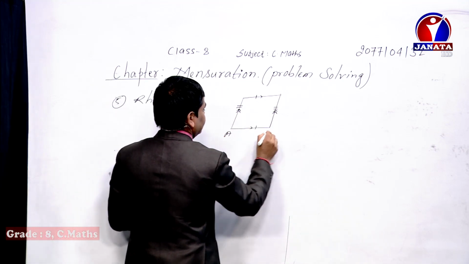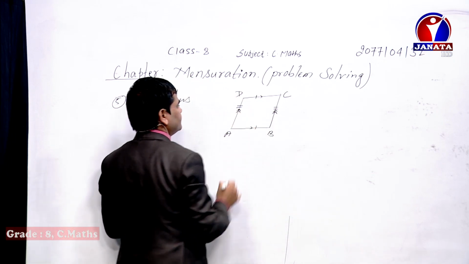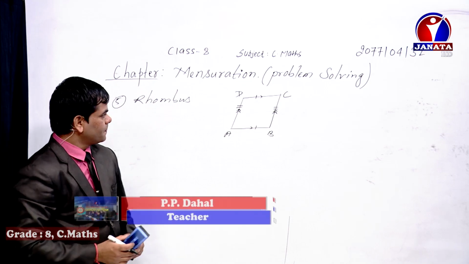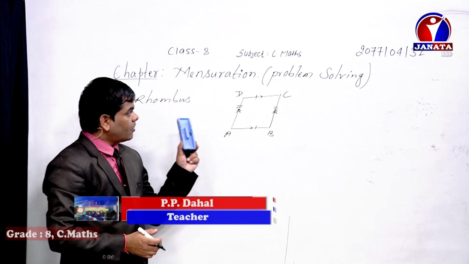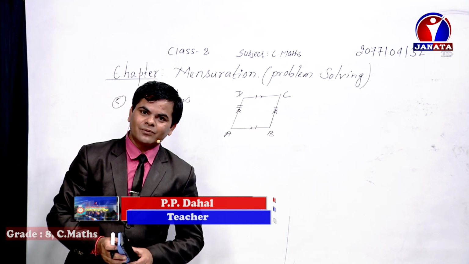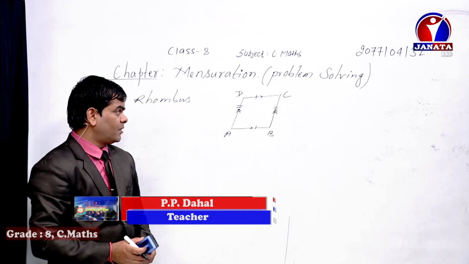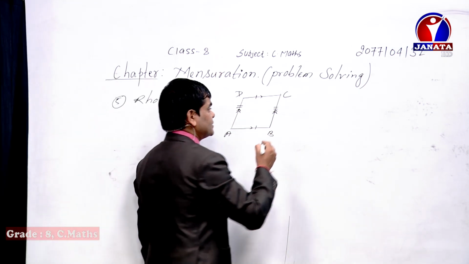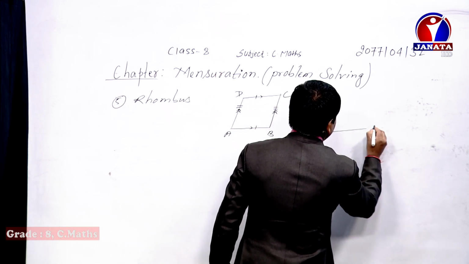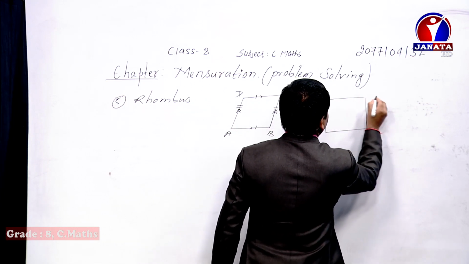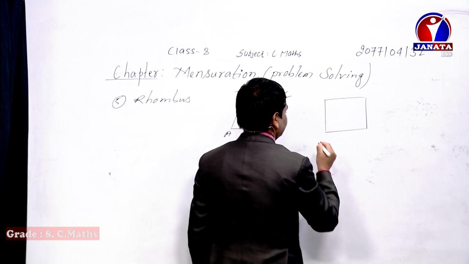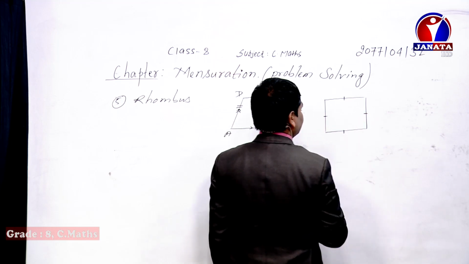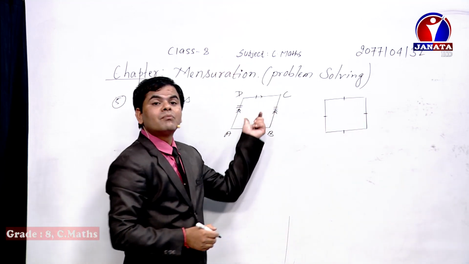ABCD is a rhombus, okay, and a parallelogram whose all sides are equal is known as rhombus. And there is a little bit of confusion in case of rhombus and square. Most of the students become confused when we talk about the rhombus as well as the square. What kind of figure is known as square and what kind of figure is known as rhombus? In case of square also all sides are equal, which is the property of rhombus as well.